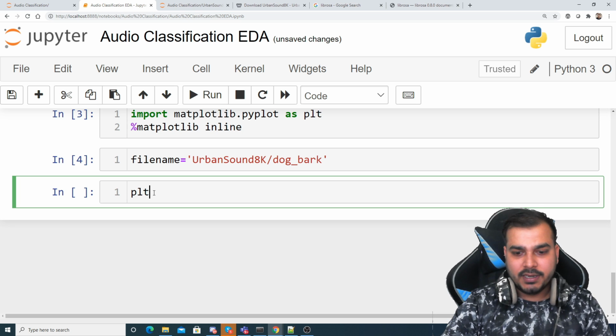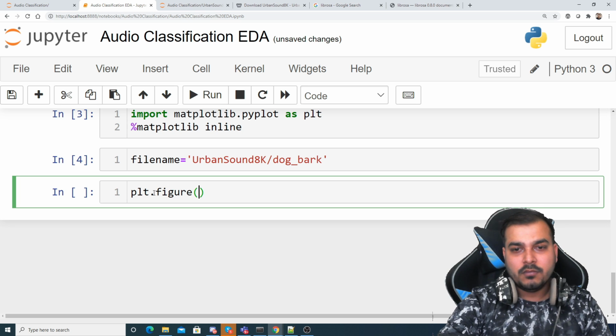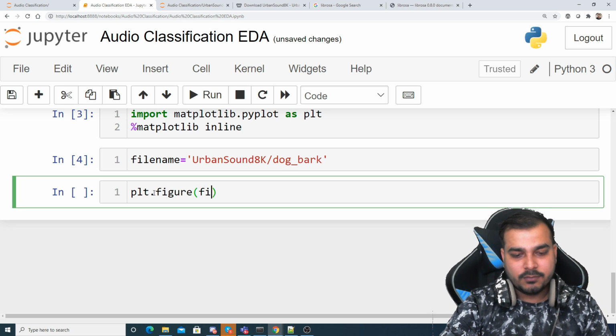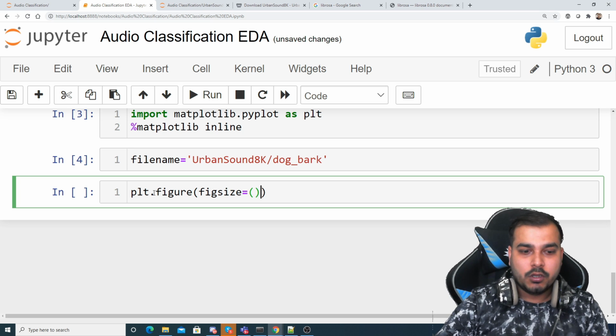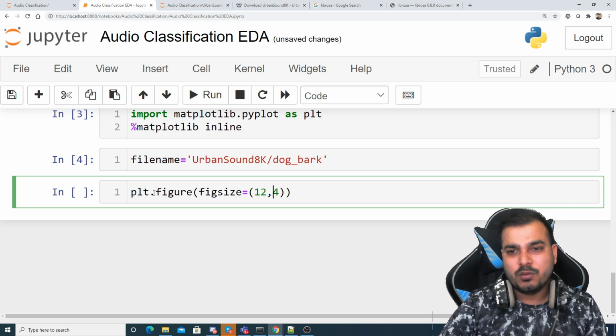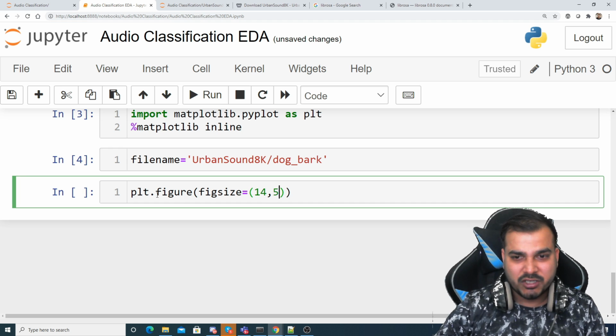Now I'll write plt.figure and try to plot this, and here I'm going to set my figure size. Sorry, it should be figsize, which is equal to 12,4. Or I'll just say 14,5, so it looks a bit bigger.